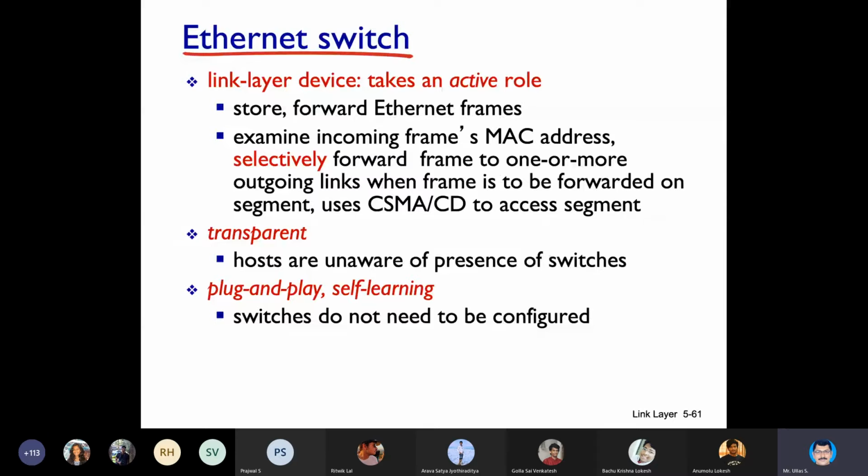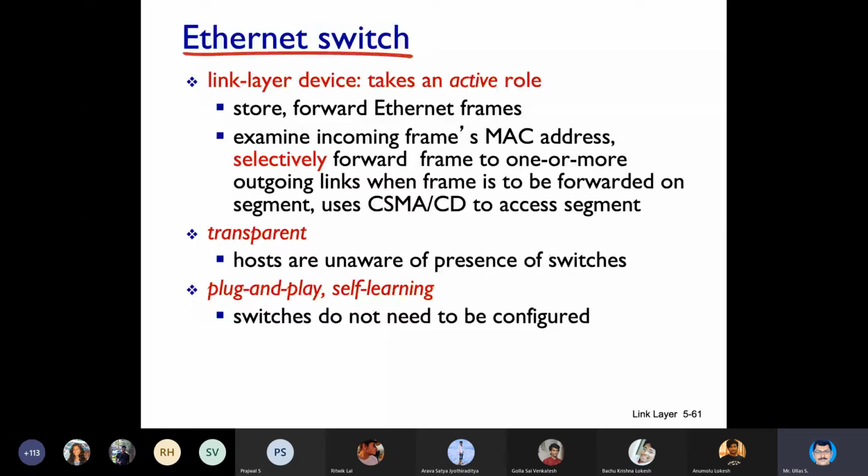Layer 3 switches are used in a bigger network because if there are many networks in the organization, say for example, if you have 100 projects running in a company, there will be 100 networks, 100 teams will be there. I'll talk about that in a short while. Let me complete this first.